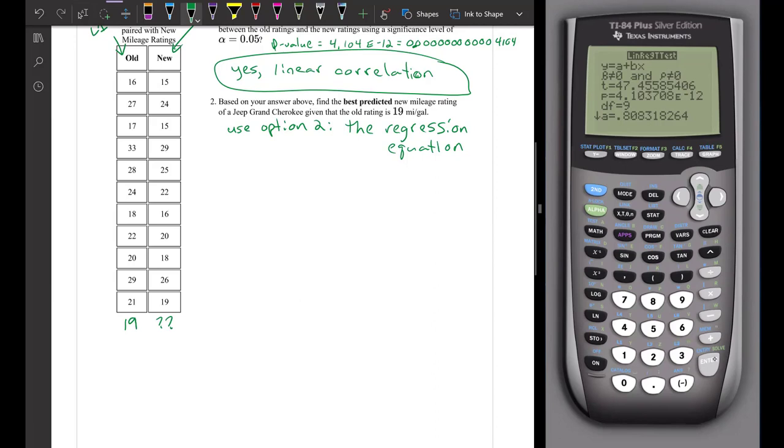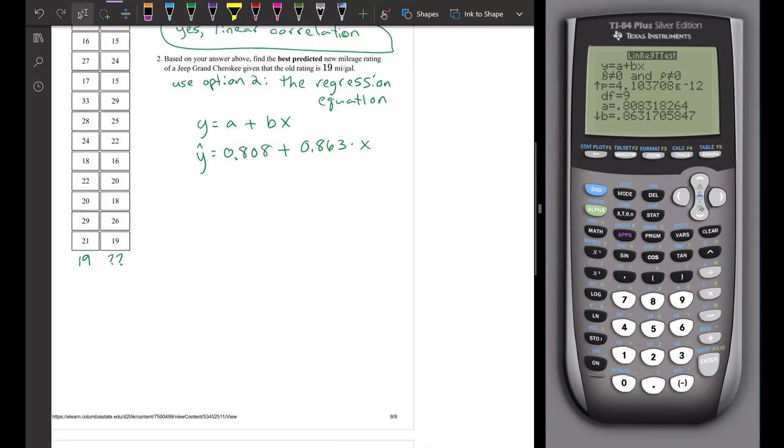So our regression equation, we can see it on the calculator screen. It's the y equals a plus b x right there. So our regression equation is going to be 0.808 plus 0.863 times x. And now the only thing left to do is just say, okay, well, 19 when it's x,